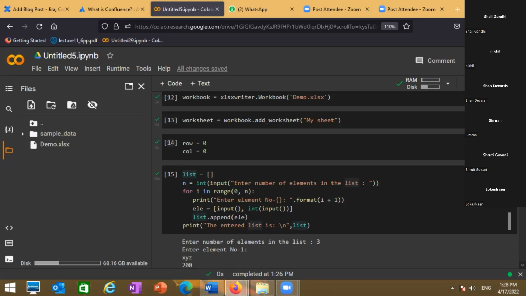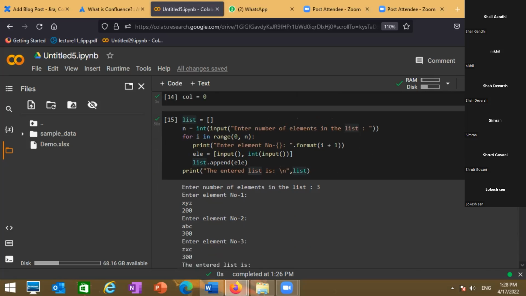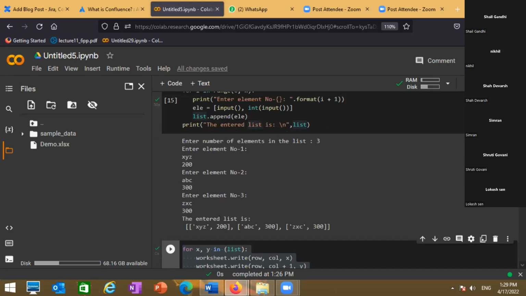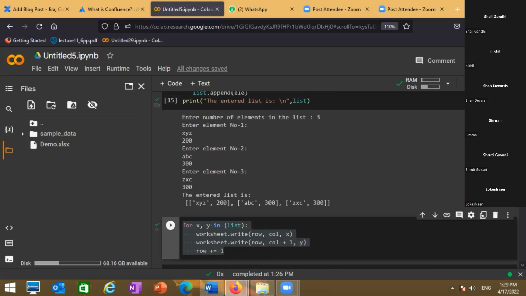When you would parse that list into the list, that would eventually create repetitions. So I would like you guys to do that, and that should be everything.